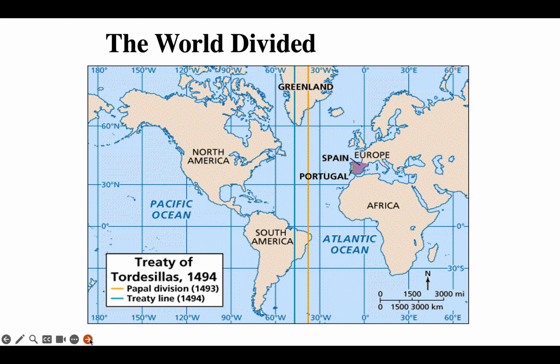And again, if we can take a second here just to think about what some of the problems might be. Think about the knowledge of the world that existed in 1494. What did the Spanish and the Portuguese actually think that they were dividing when they draw this line through the Atlantic? Secondly, I want you to think about how the rest of the world would have seen this division of the world, laying, if you like, the foundations for the origins of the modern world, but how it might have created ill feeling, not just among Spain and Portugal's European neighbours, but also how the rest of the world would have felt about this in Africa or in the Americas itself,